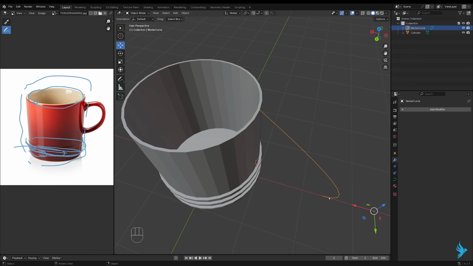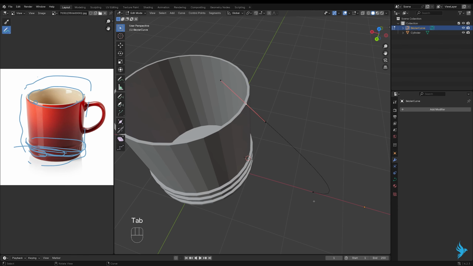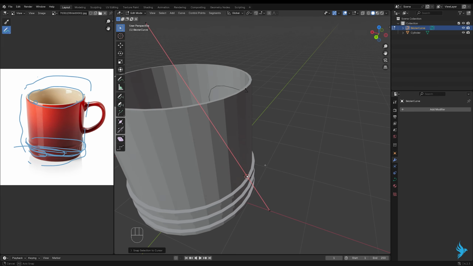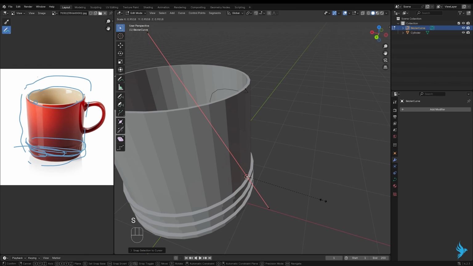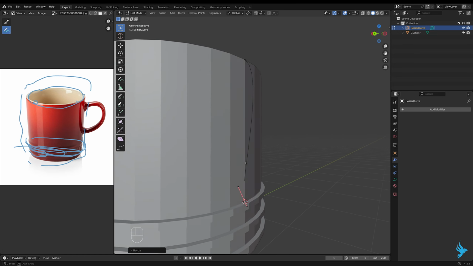We can now come to our curve, hit Tab, select our control point, Shift S, selection to cursor, and now we have this. Don't worry, just same thing. You press S and scale down your control points, or your handles rather. As you can see, we're having something similar